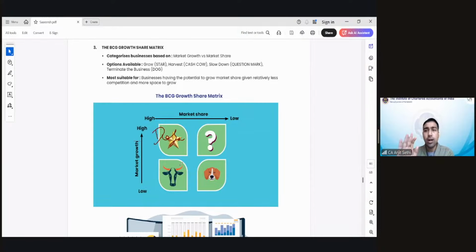It's stagnant. Those who want to eat idli, only they eat idli. People who like idli only they eat idli. It's not growing. It's not that more people are eating idli today. Only the one who eats it eats it. But I sell the maximum amount of idlis in my locality. What is idli for me? Is it a question mark? Is it a dog? Or is it a cash cow now? What is idli? Idli is a cash cow. Idli is my cash cow.